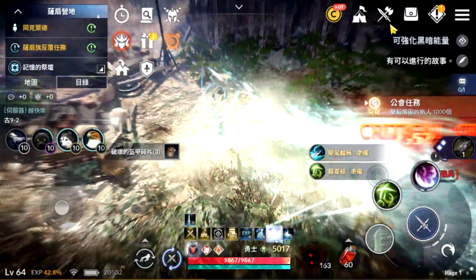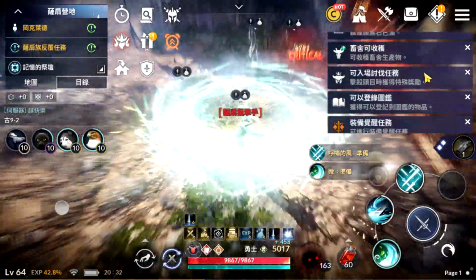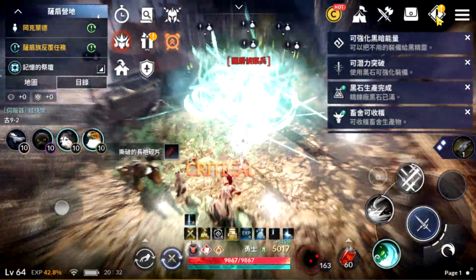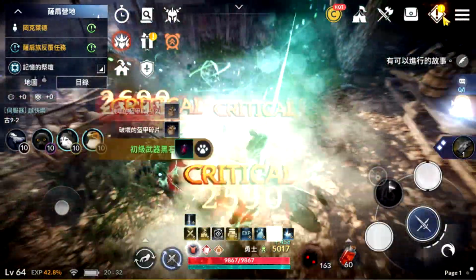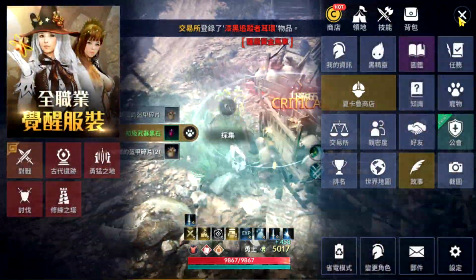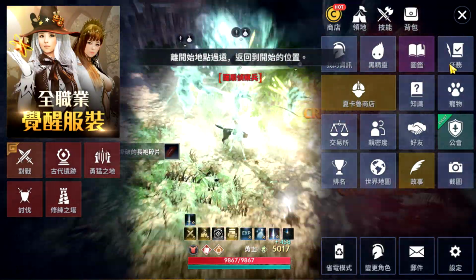Skills menu, your bag, notifications that will help you get familiar to the game and remind you about everything that you can open, receive, finish, enchant, etc. The three lines is the overall menu that contains char information, spirit menu, item book that will give you stats